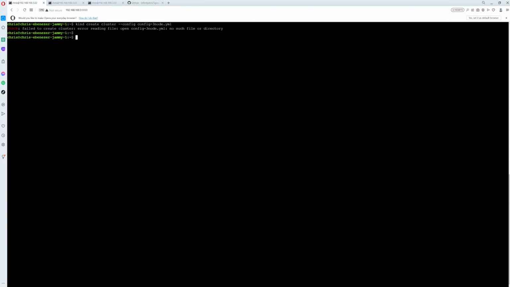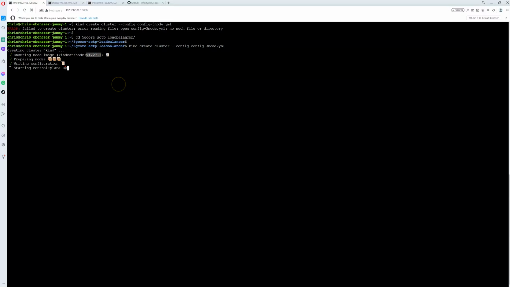Oh, sorry, we need to move into the repo. If you have not, just clone the repo and you have all the files, and then you can start. For now, we are picking the latest stable release for kind, which will install a